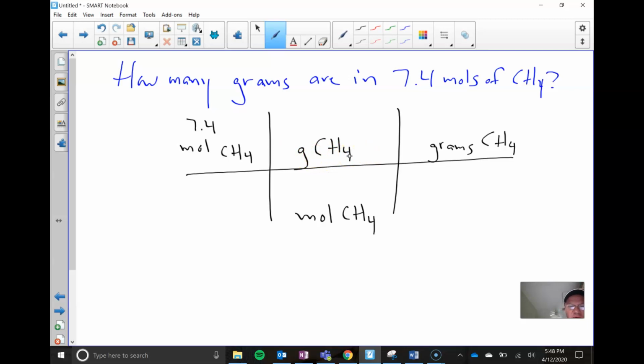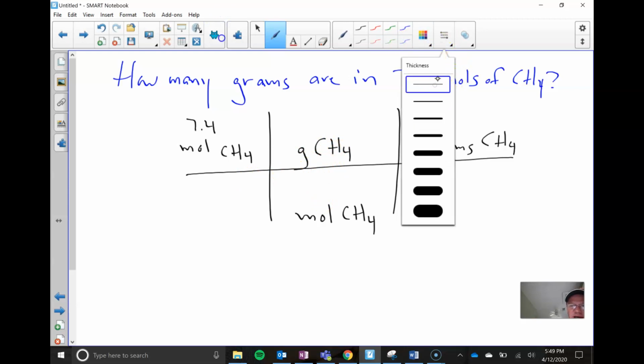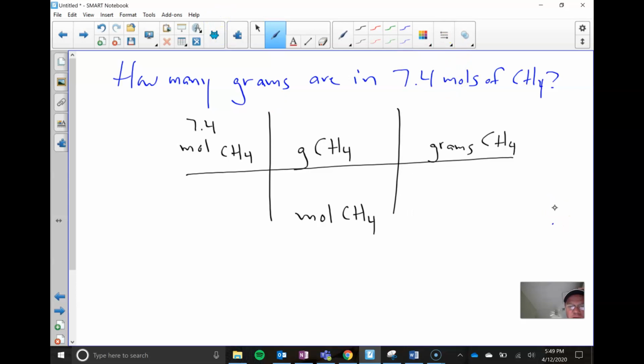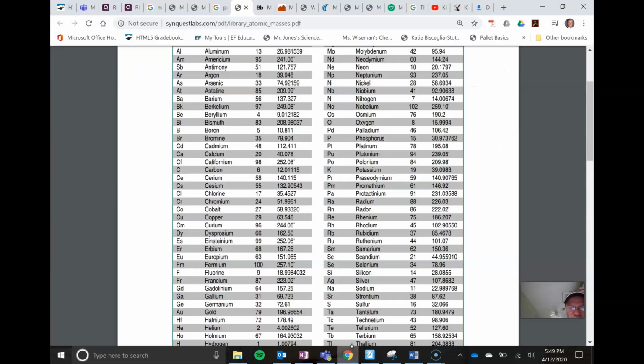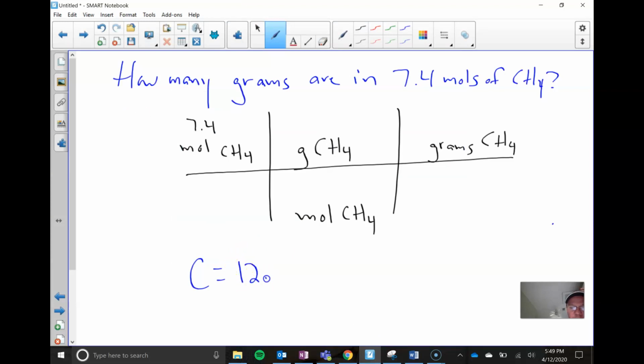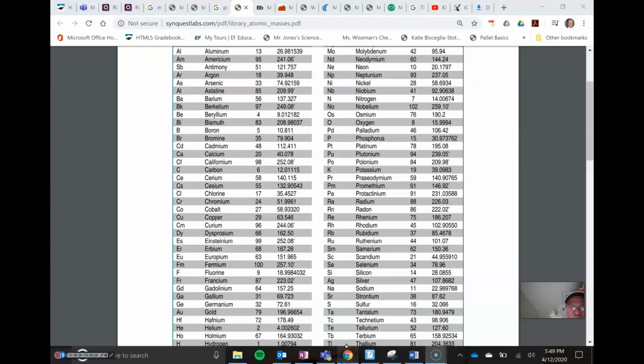Okay, so now we've got to put in our numerical information. This is where you may have to come off to the side and do a little bit of calculation. I'm looking at a relationship between moles and grams. Now, I know that I get that information from the periodic table, so I've got to calculate the molar mass of CH4. So I have to come down here and say, all right, for carbon, I've got one carbon atom, so carbon has a mass of 12.01. For hydrogen, hydrogen has a mass